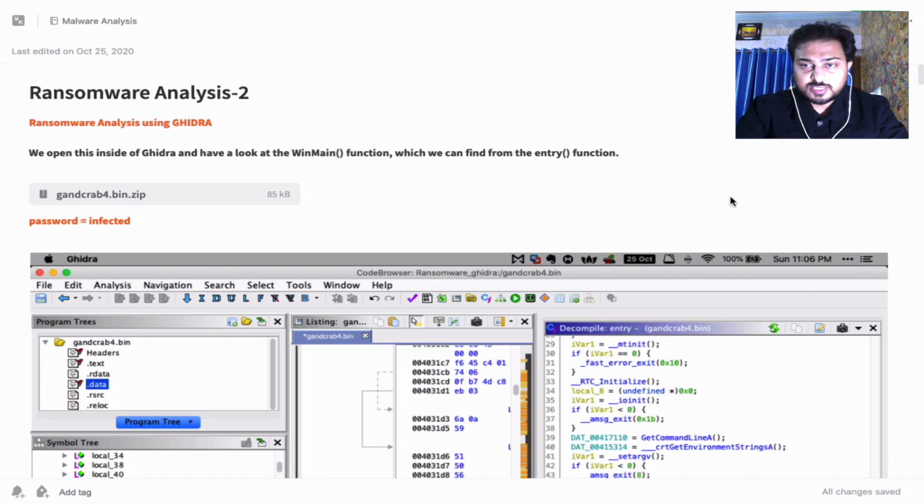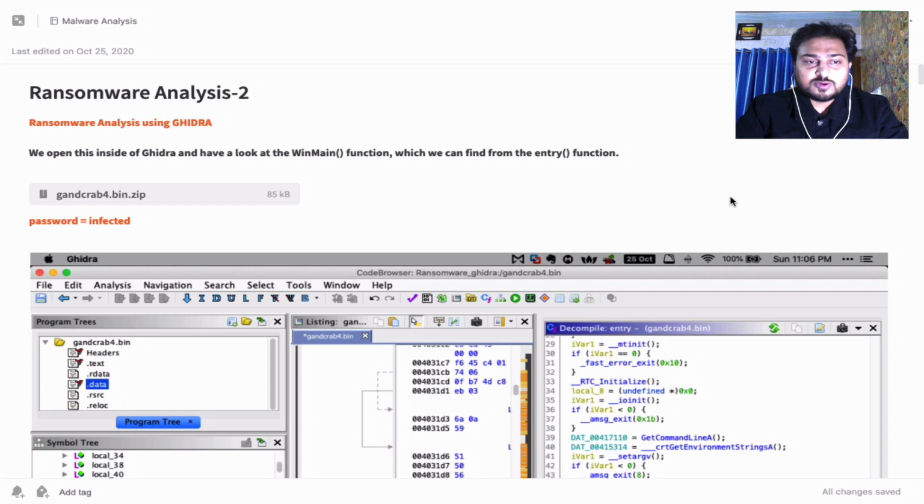We need a solution in this case: what exactly happened, how they were able to encrypt the operating system, and how we can recover from this particular ransomware. The solution, as you already know, is recovery. You can take a proper backup of the system and other things. But right now I'm not talking about this part. I'm just focusing on the analysis of the ransomware, how it works, and second, how we can analyze the ransomware in a very proper manner.